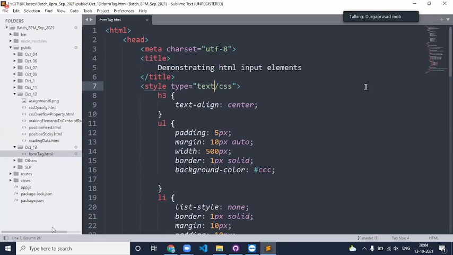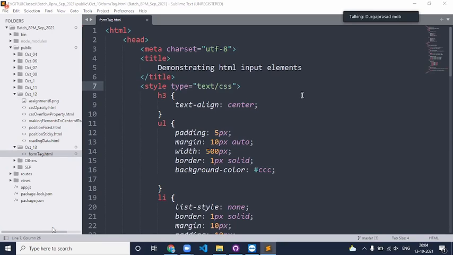So till now, whatever tags we saw are all about showing the data to the user. Now we are going into a new set of input elements which are capable of reading the data from the user. That reading the data is for validating or for sending to the server. It could be for any reason, but we should be able to read the data from the user. So that is what we were looking into.